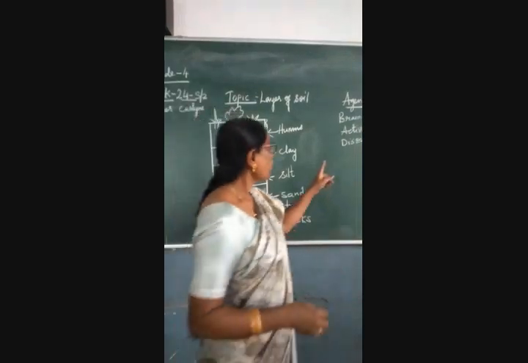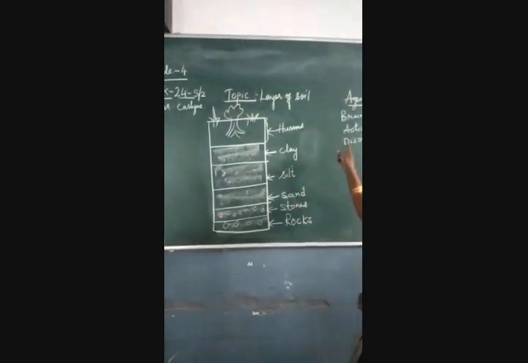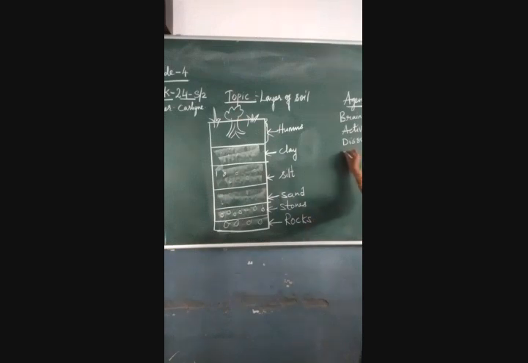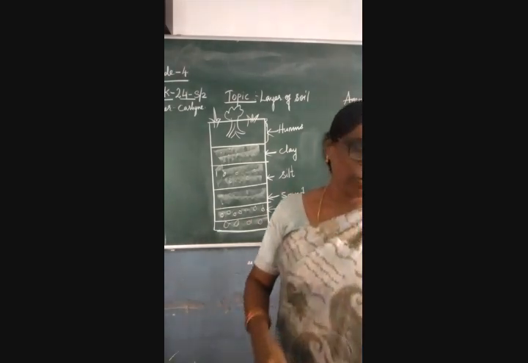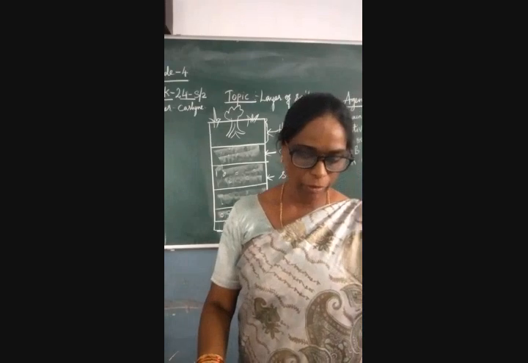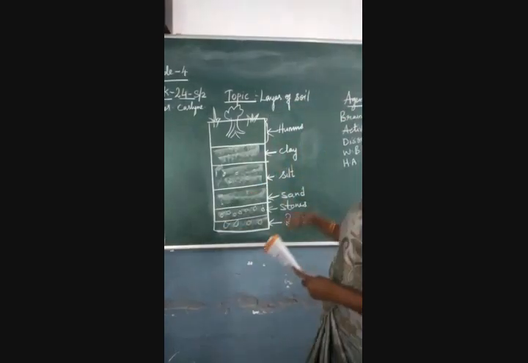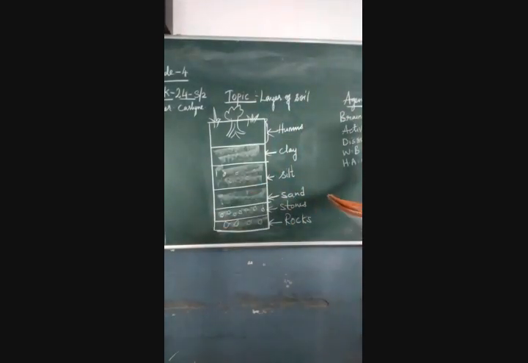So now the discussion is over. After this discussion, you have to complete your worksheet. After the worksheet, you have to do the home assignment and question answers. Now we will go with the workbook, children. In this lesson, I asked some brainstorming questions. What is soil? I asked you. The activity also I told you to do. Now the discussion is also over about the different layers of soil, the soil profile.